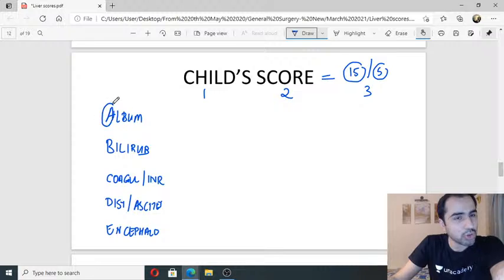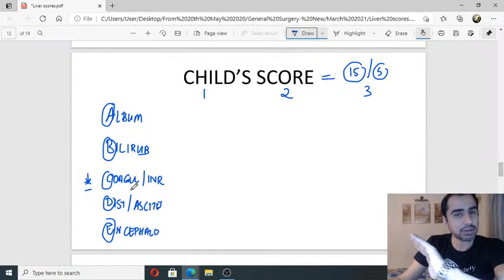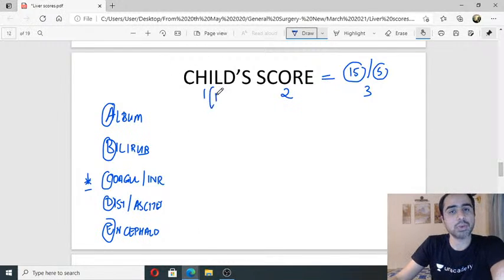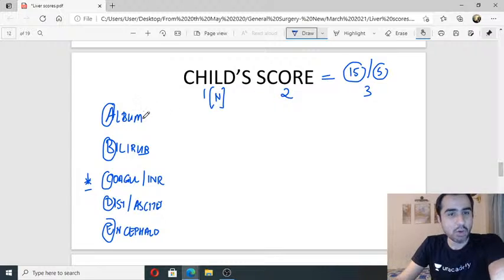ABCD, okay, not so difficult, but remember the C here, the C is where you will get fooled. C in this score is coagulation, not creatinine. Creatinine is the part of some other liver score. Now first one is the normal; remember, one is going to be normal, 2 will be a little deranged, 3 will be very deranged. That's how the score goes. Now what is normal albumin in a normal person? You will say more than 3.5